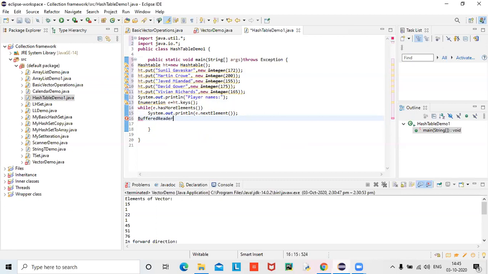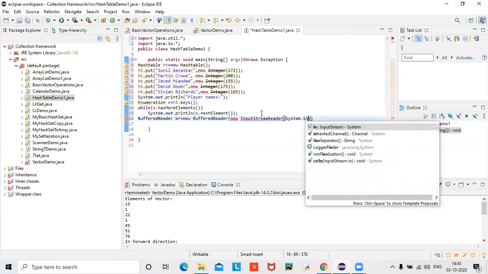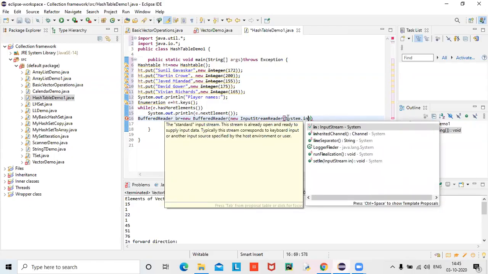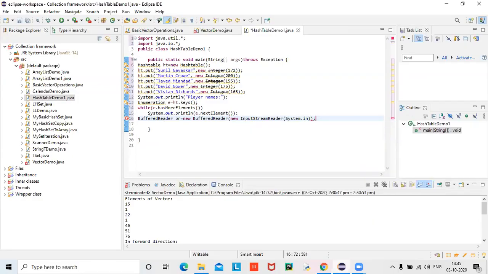Okay. Buffered reader br is equal to new buffered reader, new input stream reader, system.in. That's it. Done. Now enter player name.